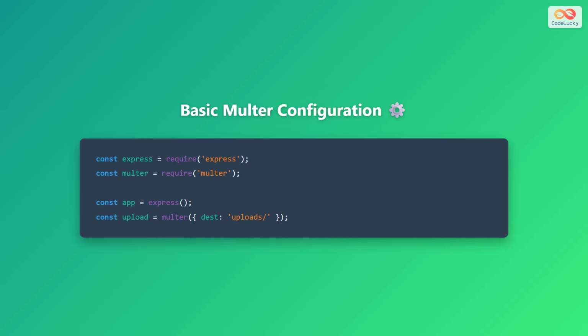Here is the code. const express = require('express'); const multer = require('multer'); const app = express(); const upload = multer({ dest: 'uploads/' });